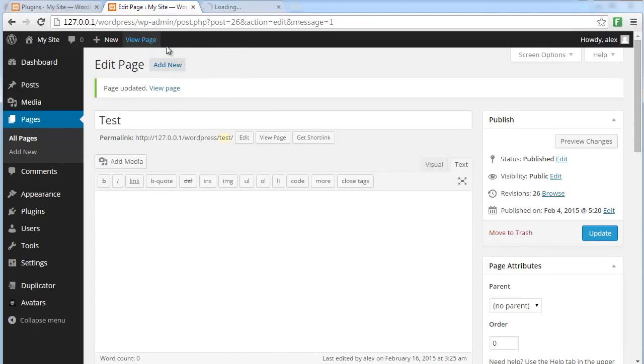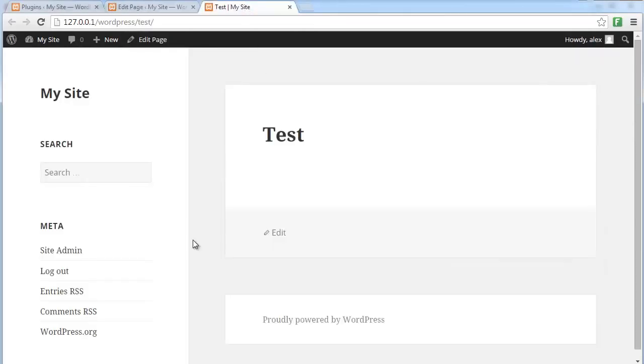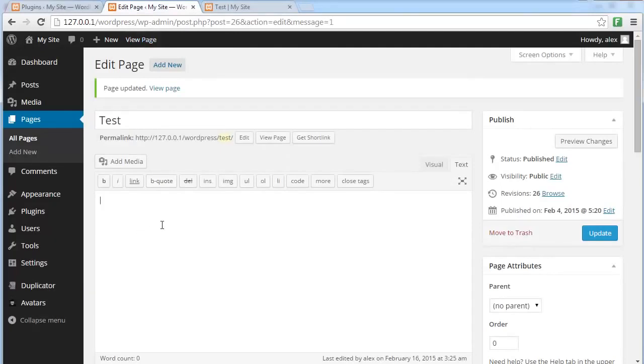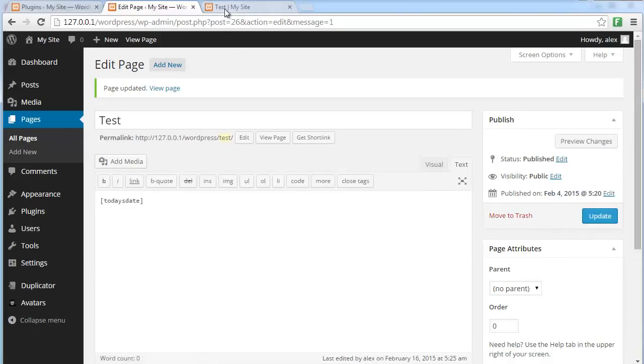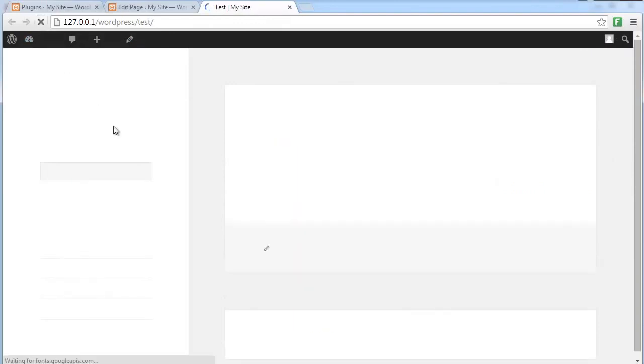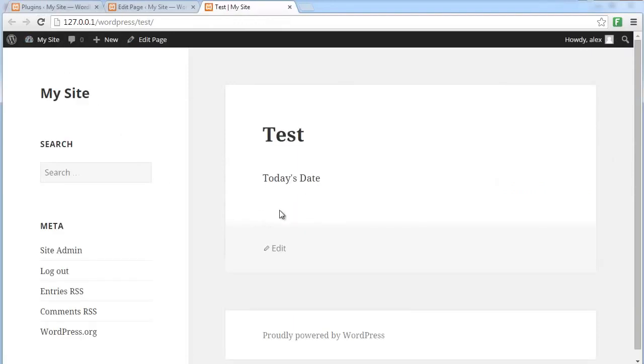completely empty. Let's just have a look at the page. It's using one of the default WordPress themes, so it's really bare bones right now, but it's quite good to be used for testing. The shortcode that we have just created was called today's date, and if I click on update and then refresh my test page, it's going to display the text today's date,